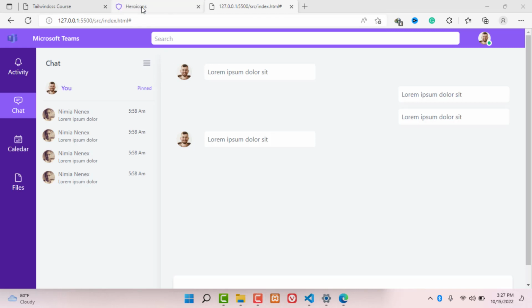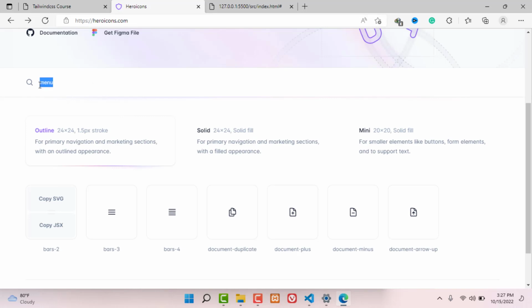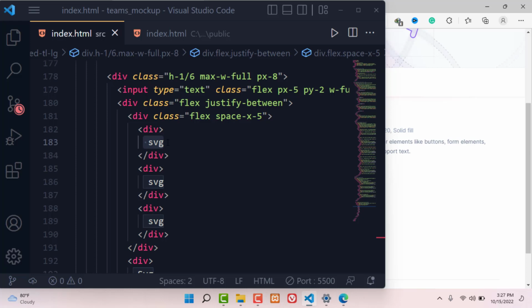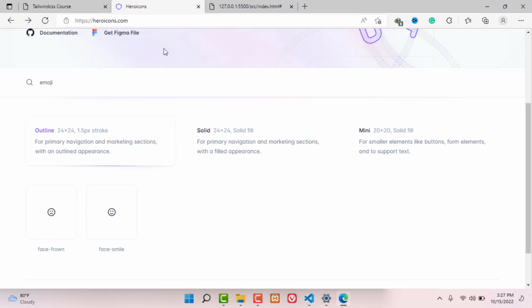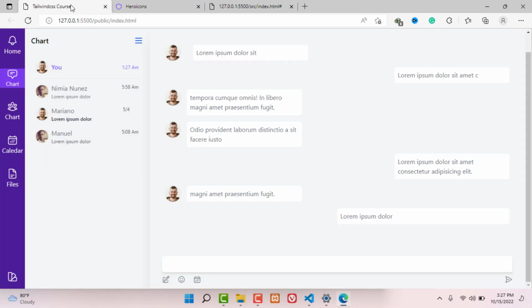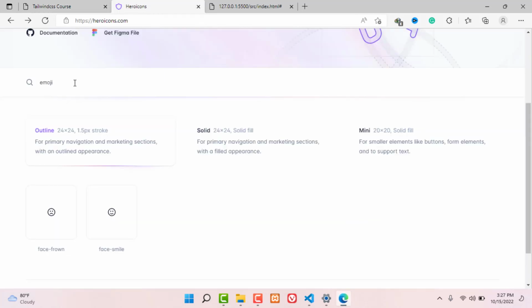So for that, we're just going to go to the Hero Icons here again, and we can start with maybe emoji. So we're going to grab that there, and we're going to replace the first one here. So the other one should be, yes, this one should be an editor, then the emoji, and then the calendar. So we should just get here and maybe type edit. Yeah, so we can grab that there,